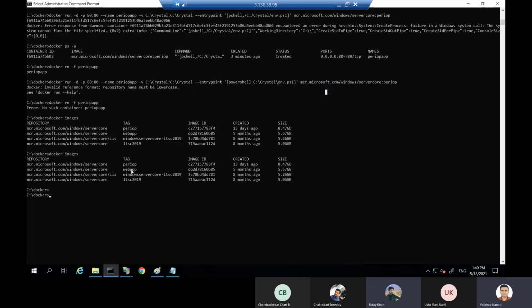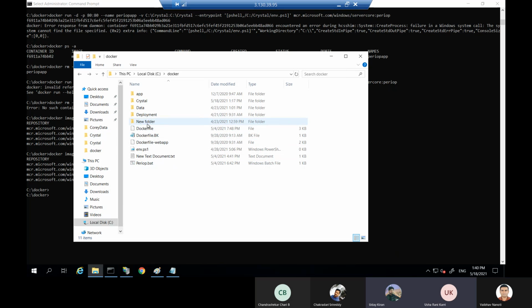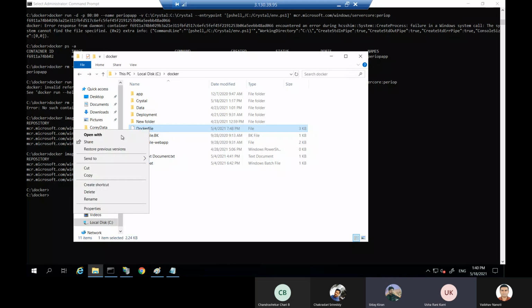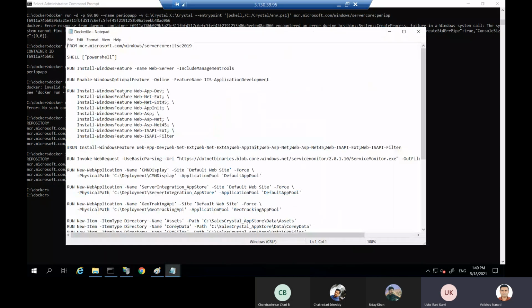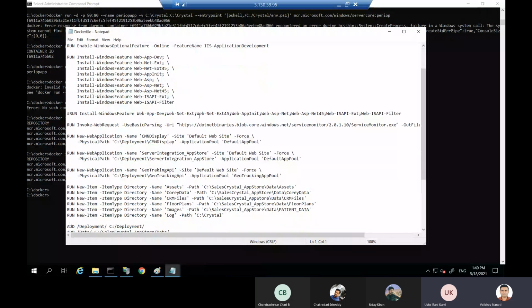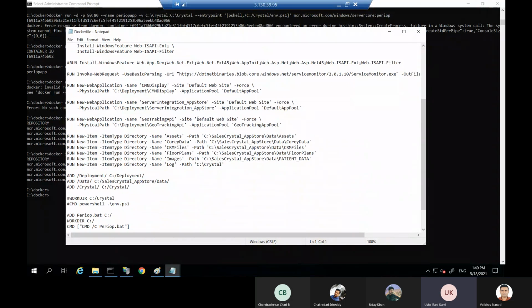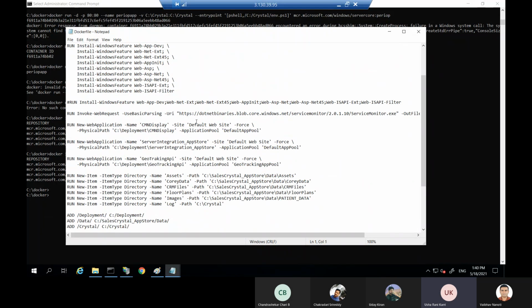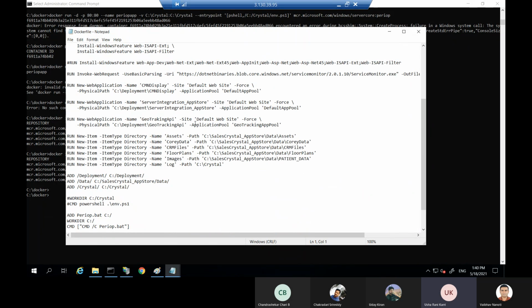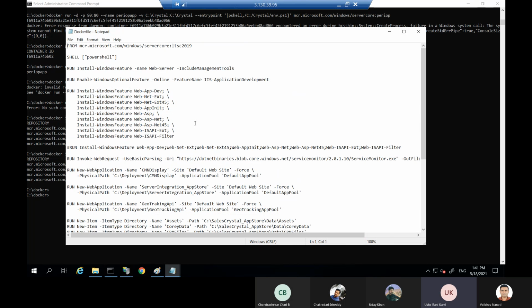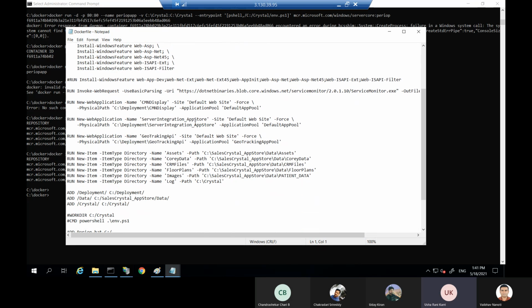How I created these both images using this Docker file. What, Vaibhav? The question was for me. I think you got the idea about the Docker file and how I created the images, right? Yes, I got it, Vaibhav, because we practiced. We executed the .exe file, so I was looking where that part is fulfilled in this Docker file. We are copying the deployment folder directly into the container machine, right? So I think that is where it completes that step.